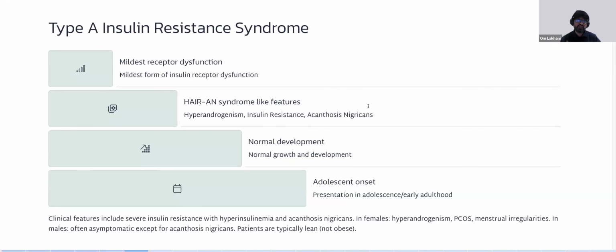So that is how they present clinically. They are generally shorter and leaner compared to an obese person, or those who have metabolic-associated insulin resistance, who tend to be slightly taller and again more obese. So that is a clinical cue of the possible presence of type A insulin resistance